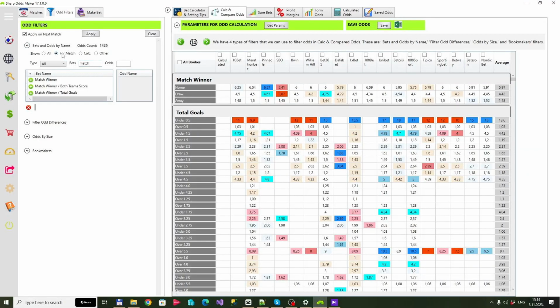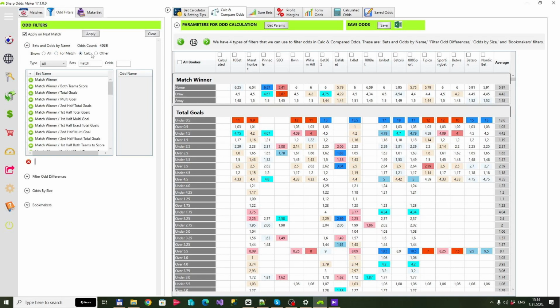The calc radio button displays bet names that Sharpers Maker can calculate and other displays bet names that it cannot calculate. You can choose the type of bet names to display using the type drop down.